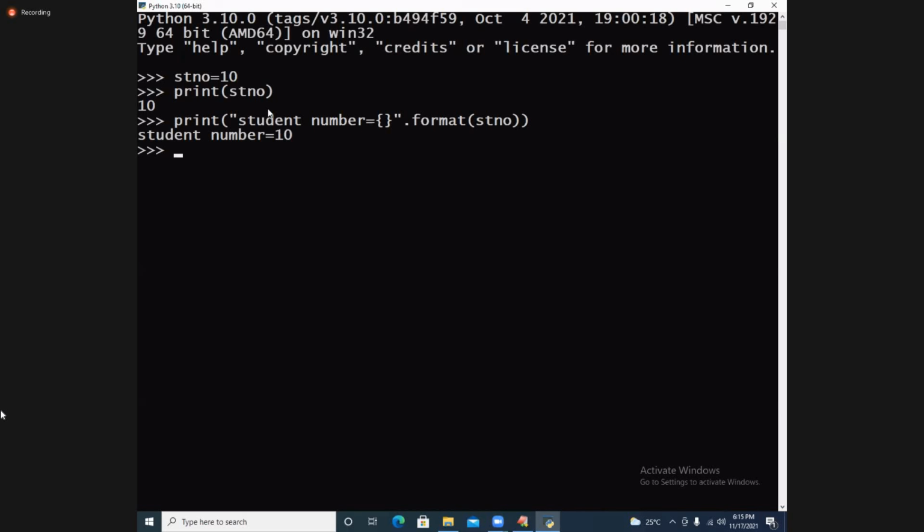Number is printed. One more way I want to print: number is equal to, with the format specifier. Just like C language format specifiers, we have format specifiers in Python also.